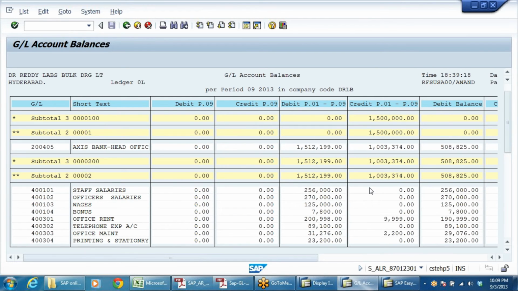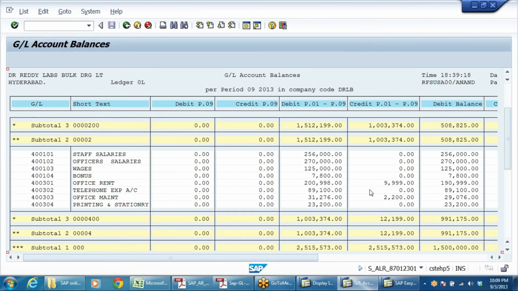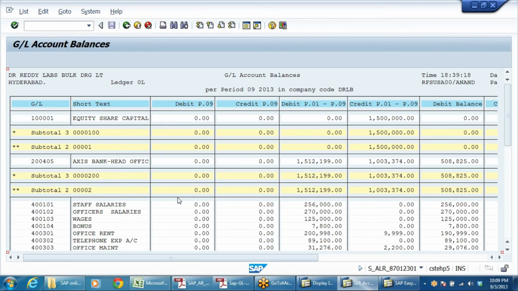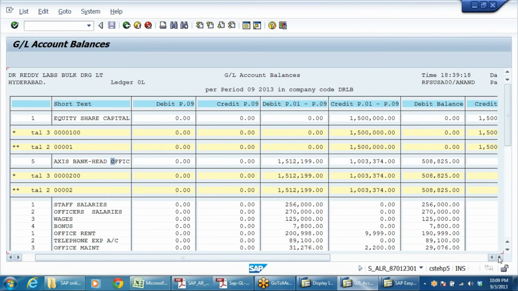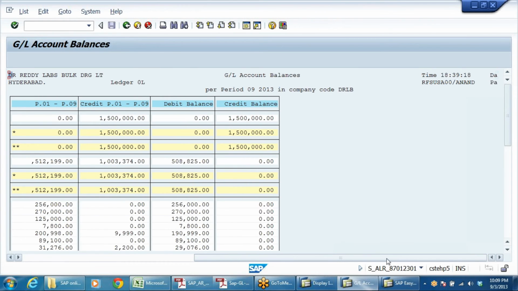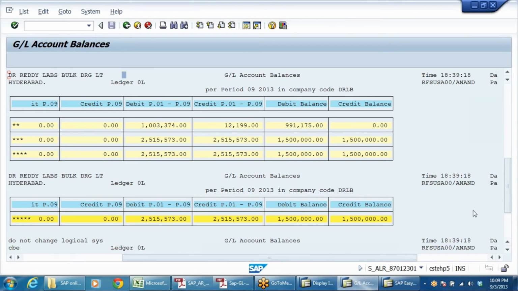So it is showing only subtotals. Axis Bank account this is. In Axis Bank, the payments that we have shown along with the ledgers it is showing. Right, you can download, rather you can execute and see all the balances and analyze them. Like this, every account it will show you.